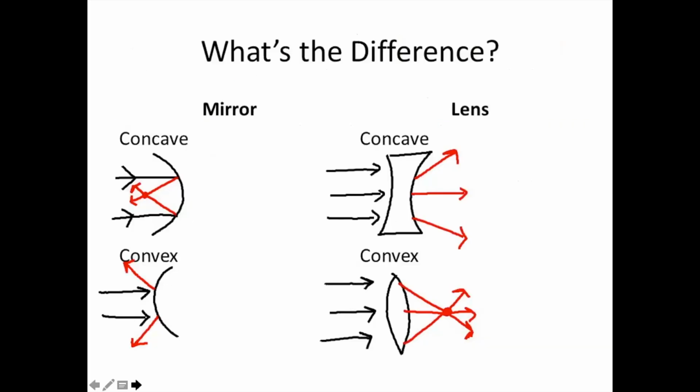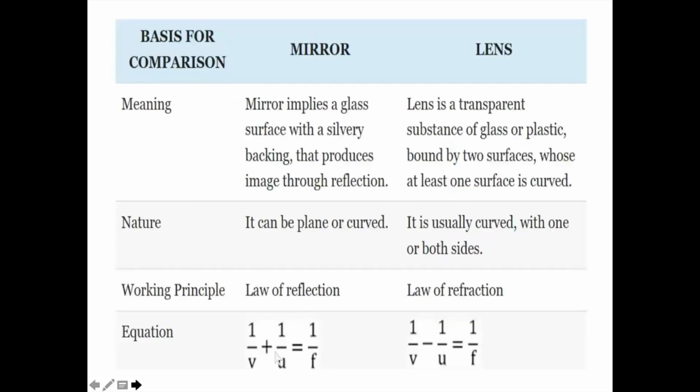What is the difference between the mirror and the lens? In a mirror, the rays come back in the same medium. In a lens, the rays pass out. They go into another medium. In this medium, it has passed and gone out. See. So now we will be learning about lenses. We will be learning about concave and convex lenses. Before going there, let us understand the difference between a mirror and a lens.